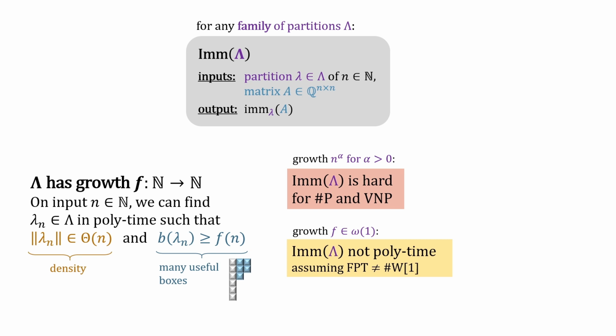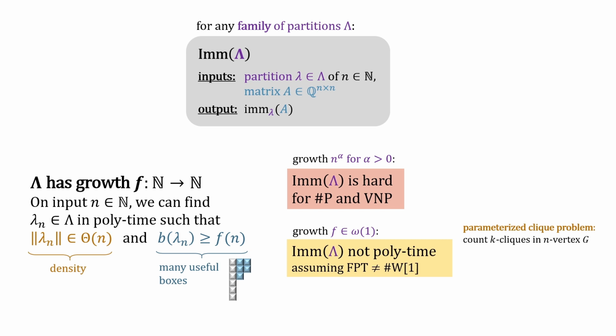If parameterized complexity is new to you, let me give you an extremely brief overview. Consider a parameterized version of the clique counting problem. You're given a graph G with n vertices and a number k, and you want to figure out how many k-cliques there are in G. And let's assume that k is much smaller than n. Then you can solve this problem using brute force in n to the O of k time. And for constant k, this is polynomial time.